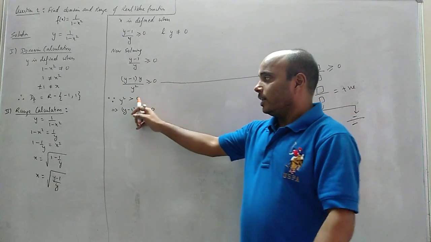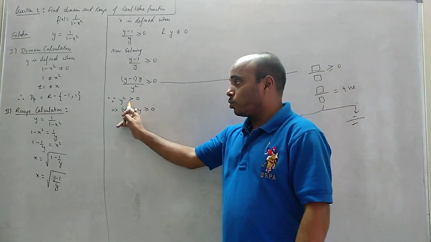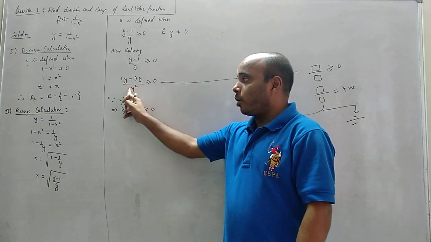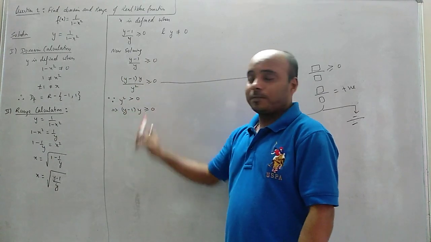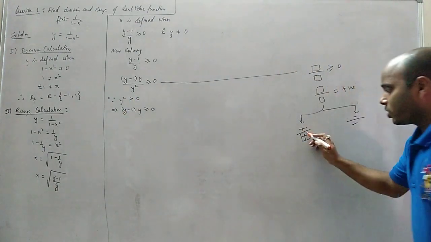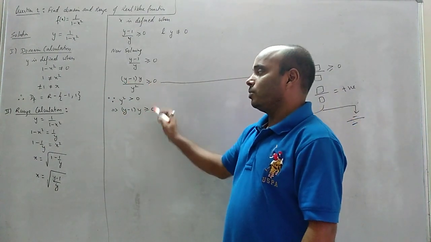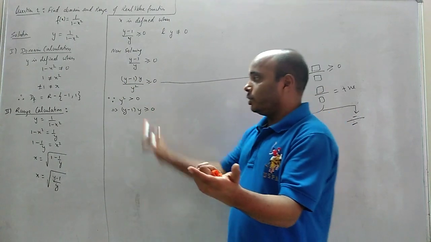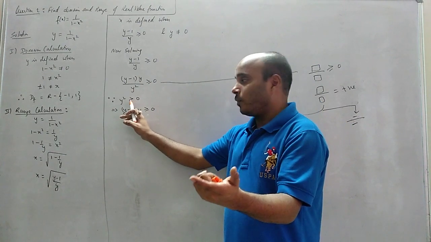Since we know already that the denominator y square is greater than 0, that is positive, not equals to. Why not equals to? If the denominator becomes equals to 0, infinity आ जाएगा नहीं. So we have to show greater than 0. Clear? Why greater than 0? So since denominator is greater than 0, that is positive. That means the numerator will be greater than equals to 0. Numerator can be 0, but denominator cannot be 0. That's why equals to is not there. Understand why it's not there?